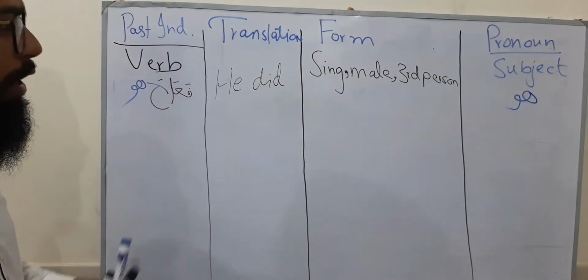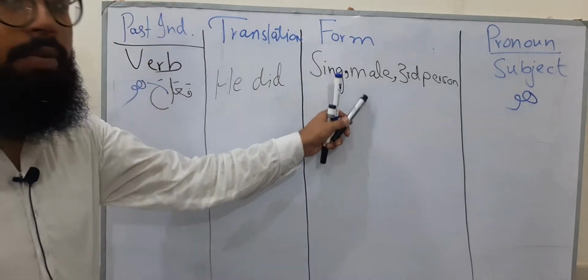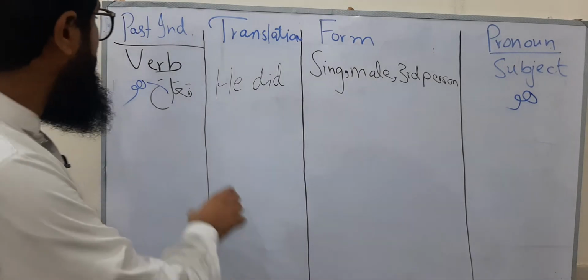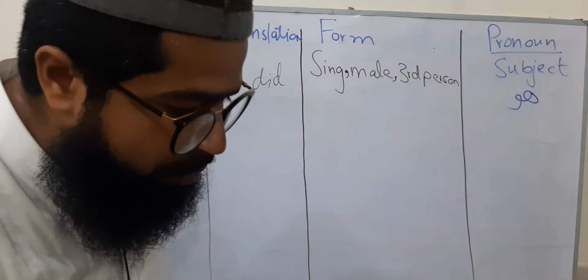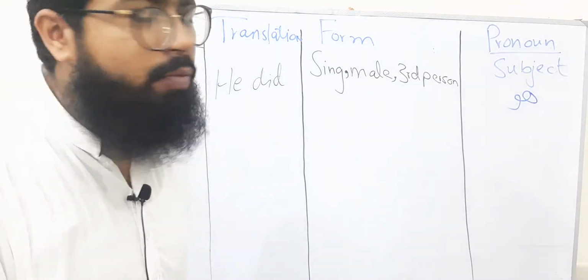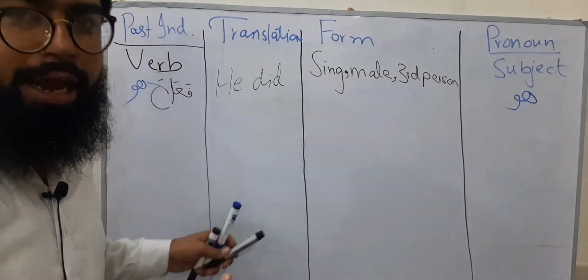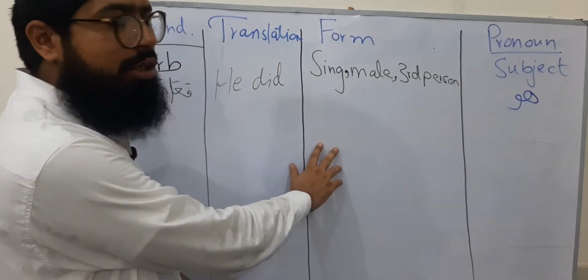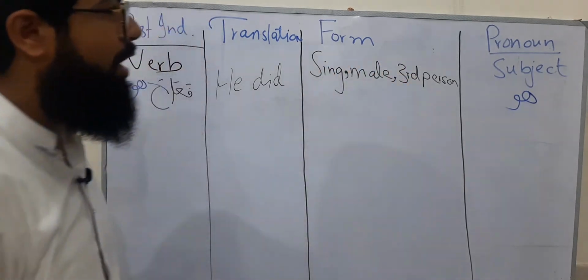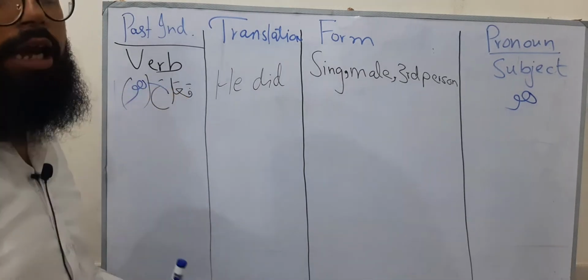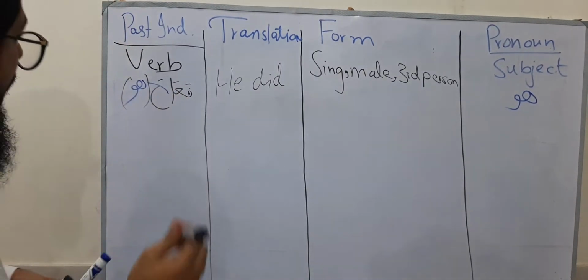So if you are able to describe this form, it means you are able to understand the Arabic language. Okay, dear students? So we have completed one form, and keep this thing in your mind that there are 14 forms. There are 14 forms of past indefinite in the Arabic language. Okay, so fa'ala means he did. Explanation: singular, male, third person, and the subject is huwa, which has been hidden in the verb fa'ala. Okay, the next verb is